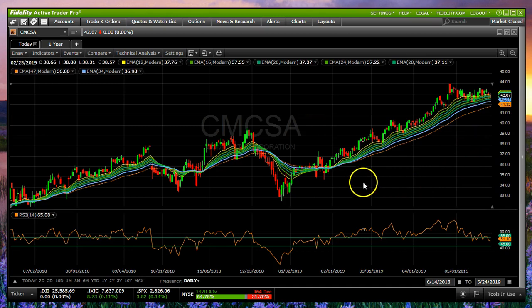Just to review, I start out with a 12 EMA, run to a 24 EMA, something of that sort, and then our orange dashed line is probably 47 or 50. I like to have that underneath. So you don't have to have this many multiple averages. I like it for the visual impact. It doesn't change any of the pricing structures for sure, so if you'd like to minimize this, if you come to tools and use,